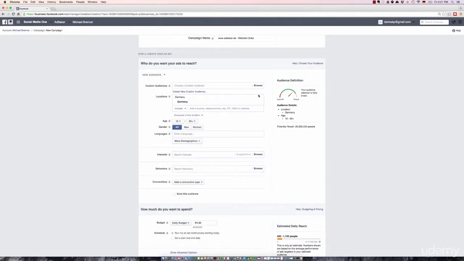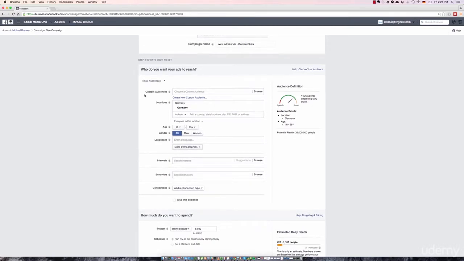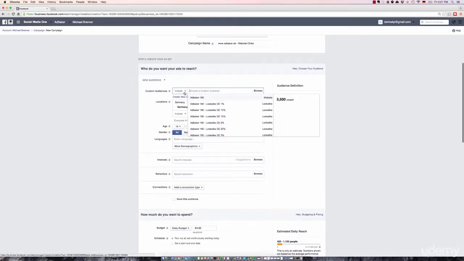Once you've uploaded your customer list to Facebook, you can go ahead and create an ad using that custom audience. So you can create an ad and reach out to your customers. And the way to do it is to use this field here, the custom audience field, okay? And then you can just choose your custom audience.